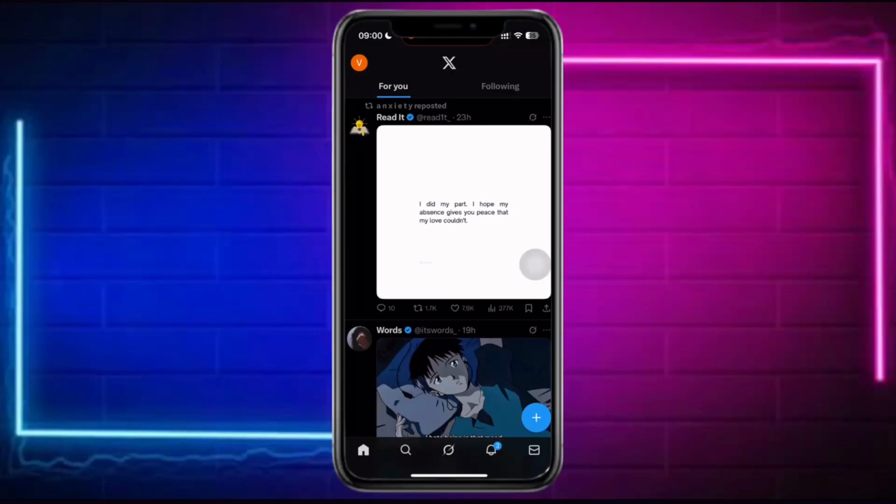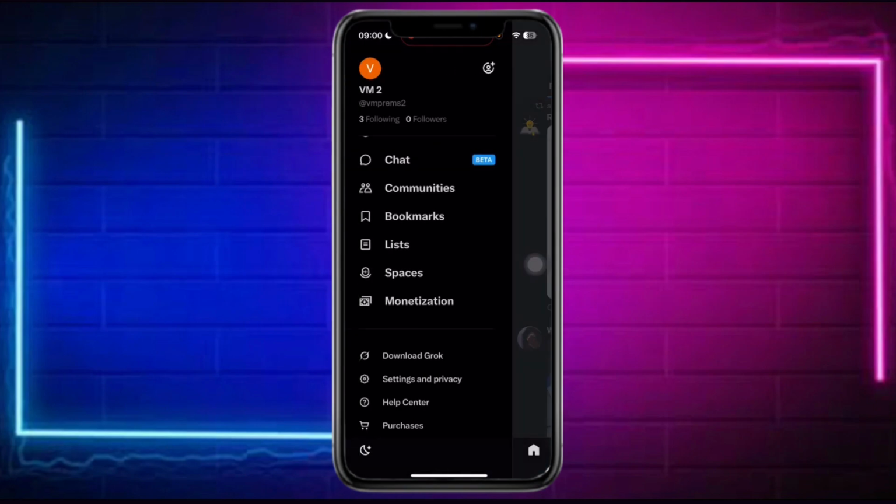How to verify X account and age. So in order to verify this, what you can do is you first need to head over right here into your X account and make sure you're signed in. Click right here into your profile icon, and once you have opened this sidebar, head over and click onto the